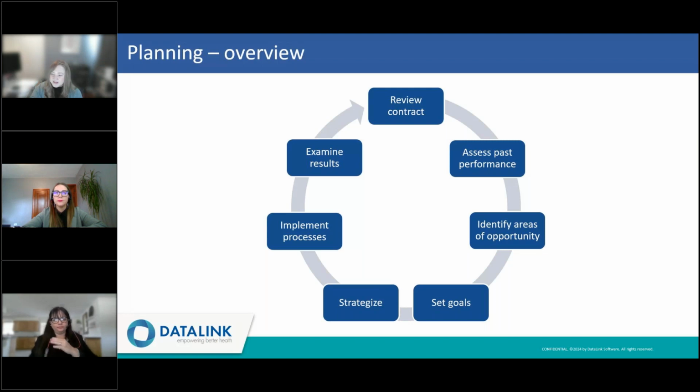But once our strategy is in place, we need to implement processes that we believe will lead to the achievement of our goal. And then finally, we need to examine the results of the processes that we've put in place. We need to do this on some sort of cadence as well, because if things are moving along as expected and we're satisfied with the results, then great, that's awesome. But if there are adjustments that we need to make, we need to make sure that we have enough time for those changes to make an impact. So we should continually move back and forth through these steps as needed throughout the year.